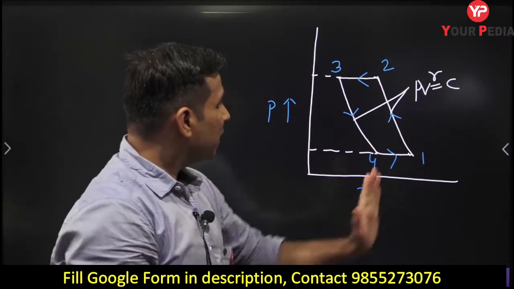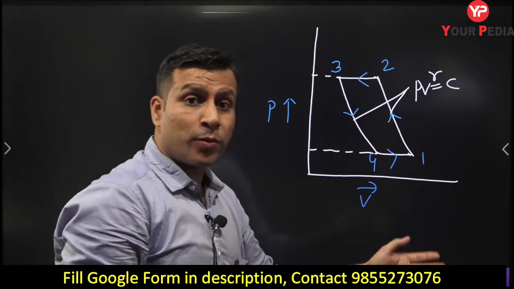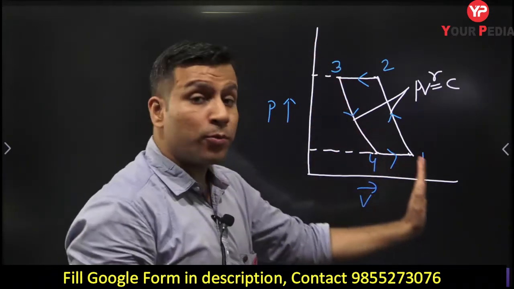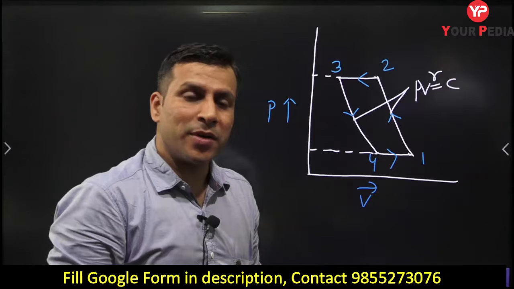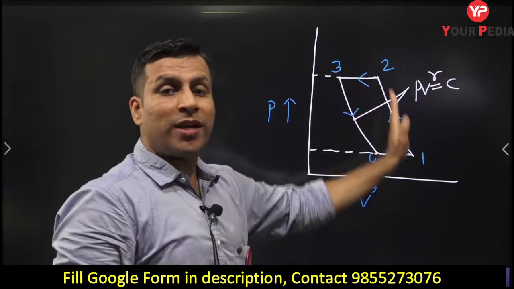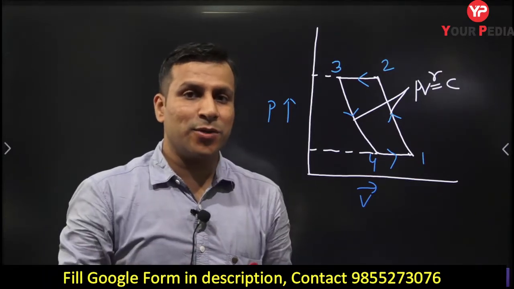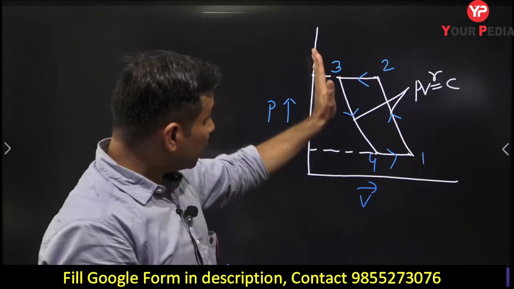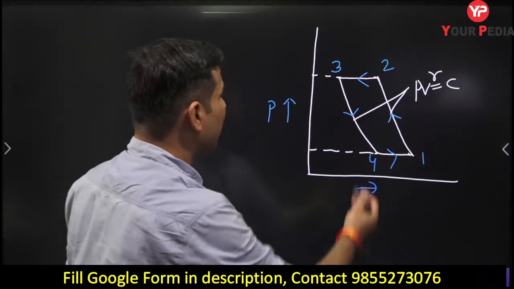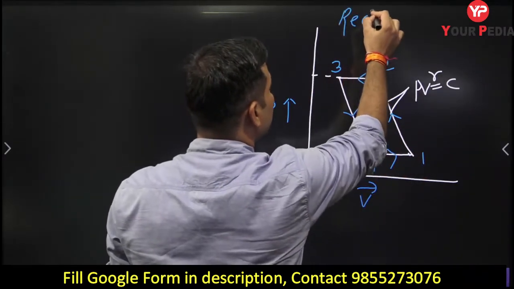But in the actual case, when a compressor is compressing a refrigerant, it is also sucking that fluid, because only then will it be able to compress. So 3 to 4 is the suction process in which the refrigerant is entering the compressor. How will you compress the charge if no charge is entering the compressor? So there is a suction stroke. The piston will move from TDC to BDC, if I talk about a reciprocating compressor. This is for a reciprocating compressor.